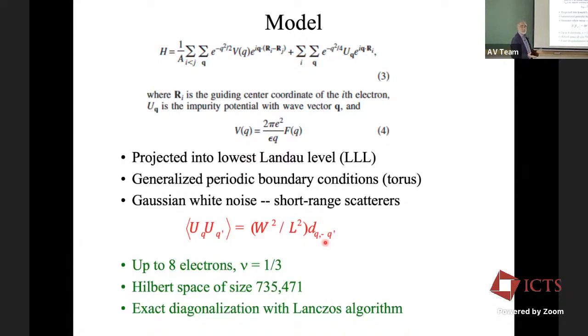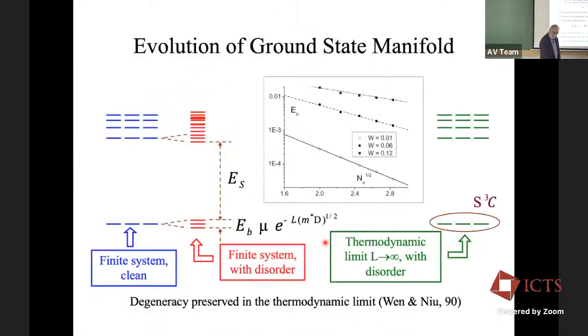Okay. Now this is a many body problem, so of course the size of the matrix you have to do is much larger. It's not just 8 single particle eigenstates, or 24 single particle eigenstates. It's some 700,000+ many body eigenstates. And what we do is we basically use the Lanczos method, which is used for sparse matrices to get the lowest few eigenstates out. That's the numerical technique used, and it works very well. That's not a problem.